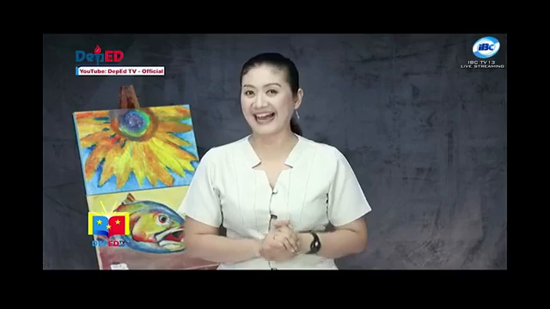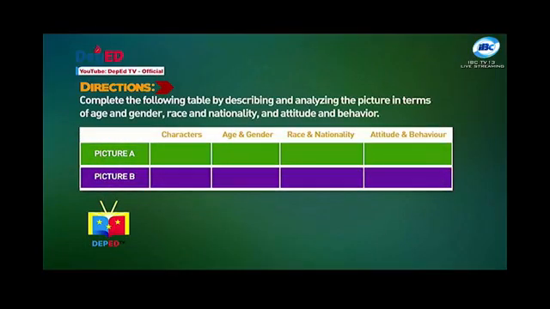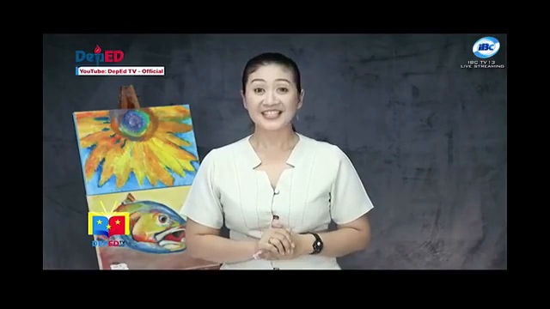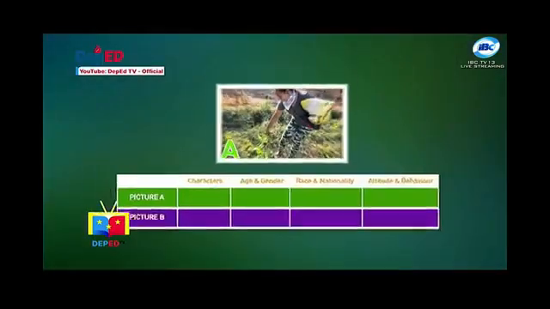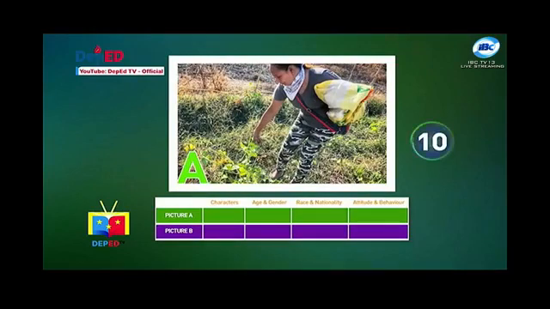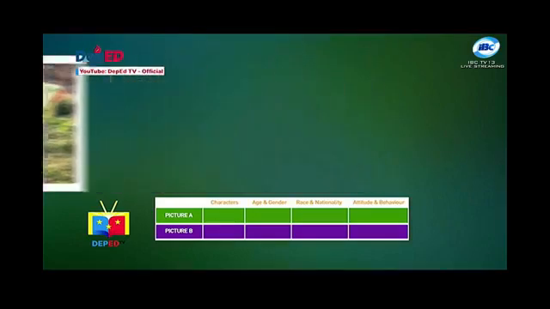Let us now have our last activity where you will still be needing your pen and paper. Directions. Complete the following table by describing and analyzing the picture in terms of age and gender, race and nationality, and attitude and behavior. Are you ready? This activity will only take 5 minutes. Let's begin. For our first picture, for our second picture,